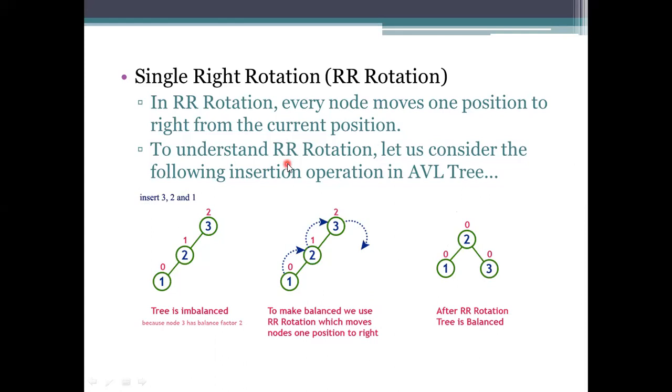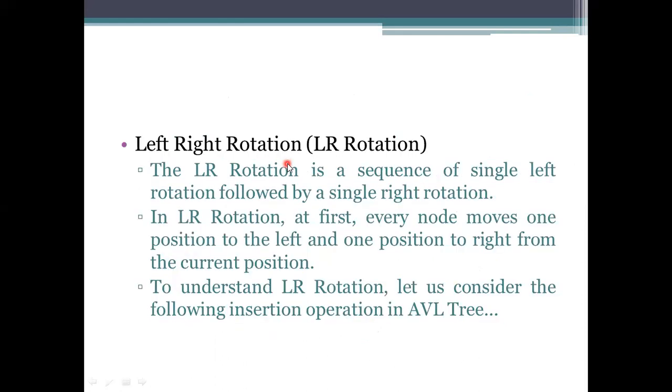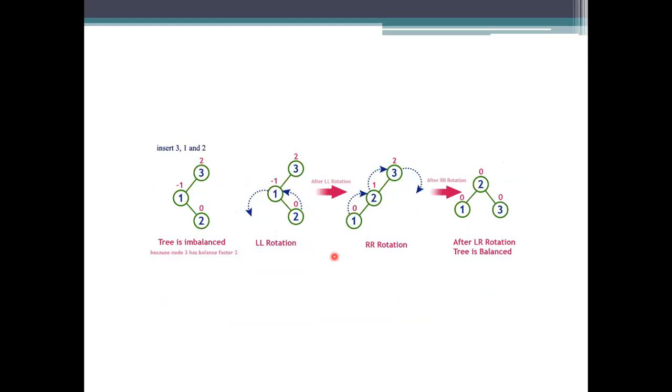Coming to the double rotations. We can't always perform single rotations here. We need to perform a sequence of actions to rebalance the tree so that the balance factor is satisfied. We need to check whether the balance factor is -1, +1 or 0. So all the time we can't use a single right or left rotation. Sometimes we need to perform multiple rotations on that node. So for that, it allows double rotations here. First it has to be checked whether it is the left side or the right side.